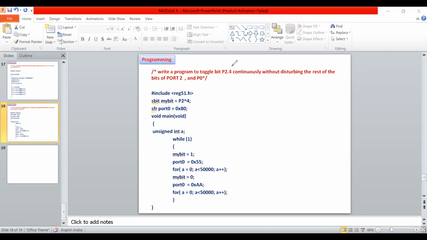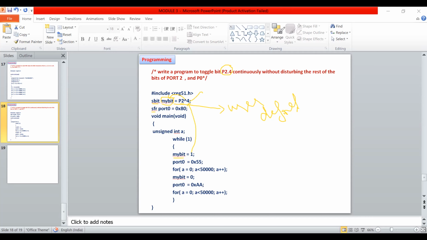Now what I'm going to do is toggle this particular pin. So I'm assigning an sbit. Okay. This is my own, user defined name. I can name it with a different name. I'm just assigning this particular port pin to this variable. Now wherever I use mybit equal to 1, this particular port pin will be set, that is, the 5 volt will be moved to this particular port pin.